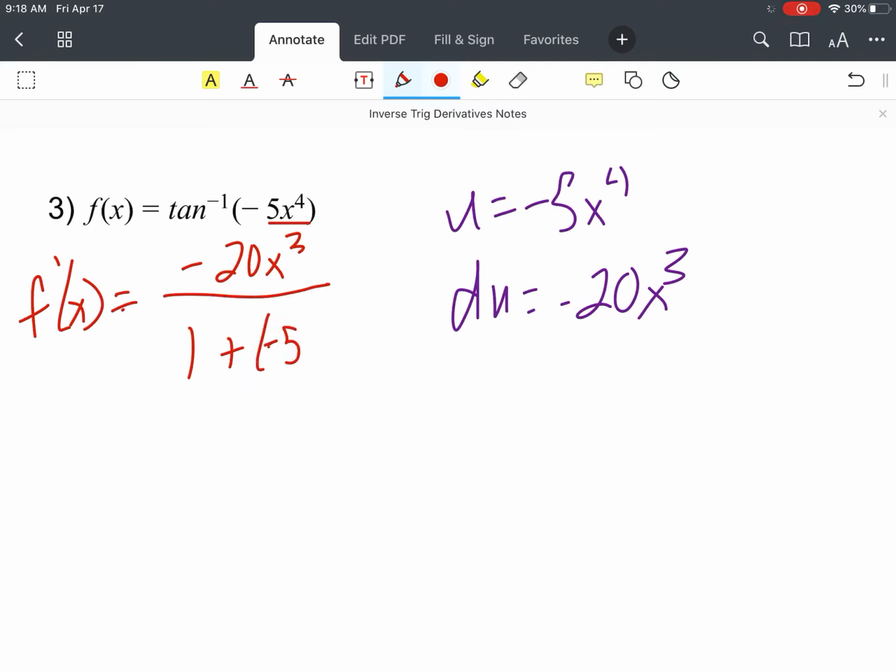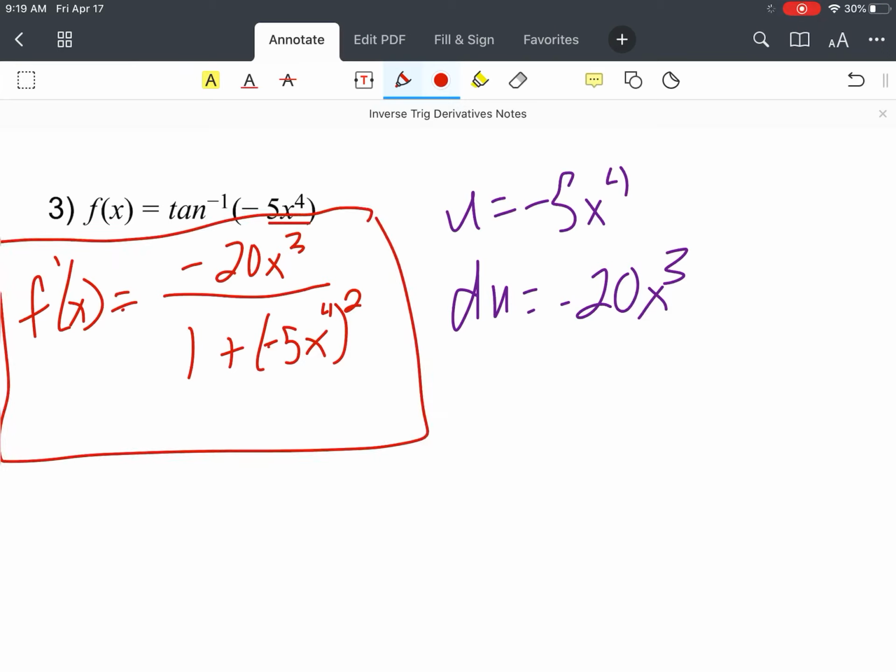Over, this one instead of a square root is just 1, and now it's plus whatever was in there squared. And that's it. Okay, these derivatives are not hard. It's just formulas that if you end up taking calculus